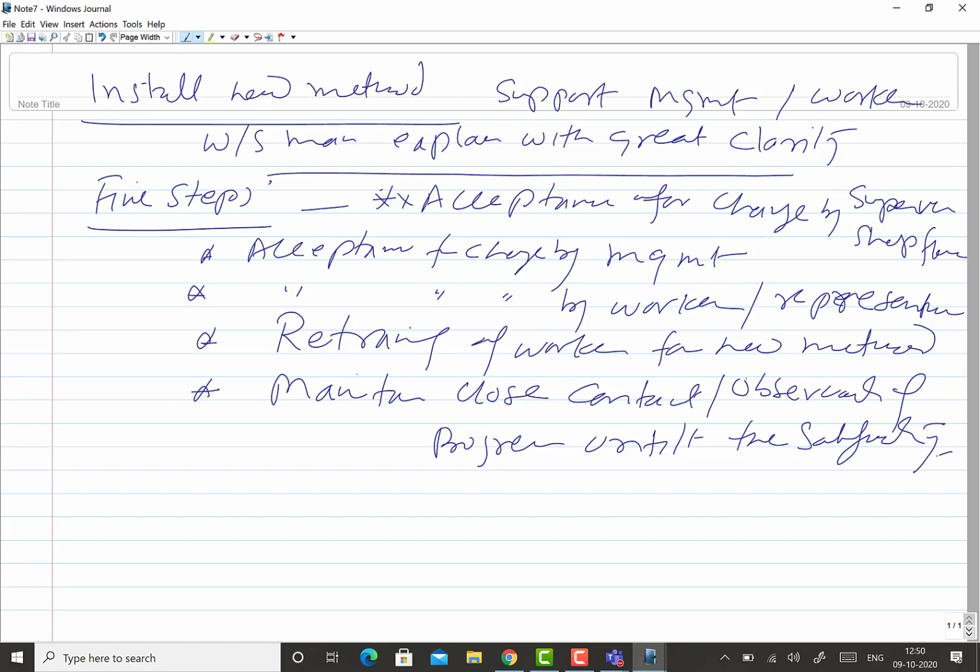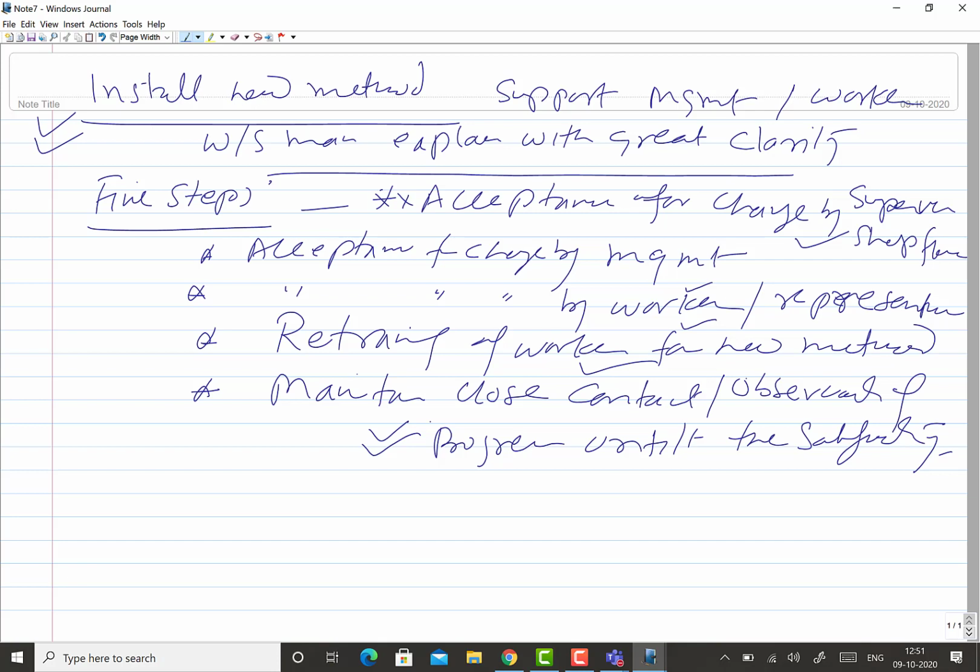Okay, so these are the different things related to the installation of the new method. Acceptance of the shop floor people like the foreman or works manager. Then acceptance for the change by the management, acceptance for the change by the workers or workers' representatives, then training of the workers, and then a continuous check on whether the new method is still effective.